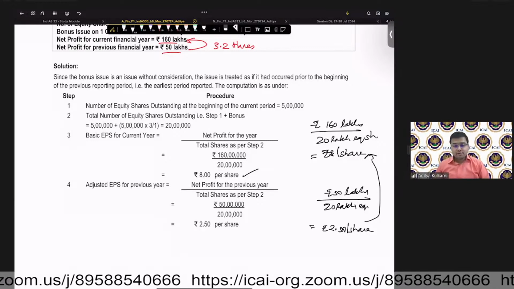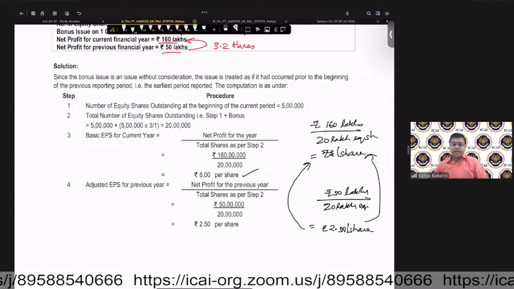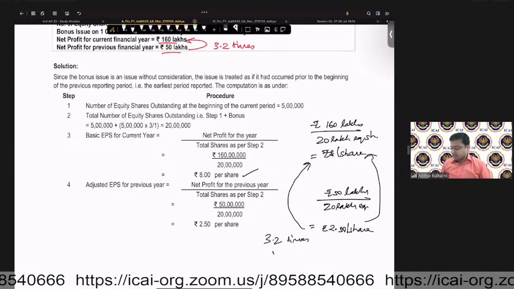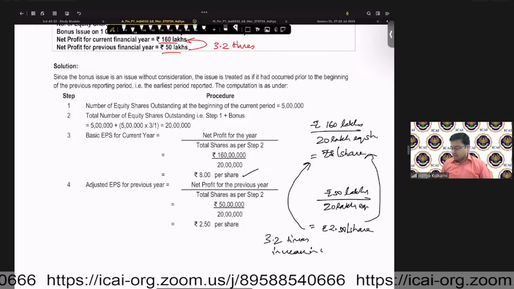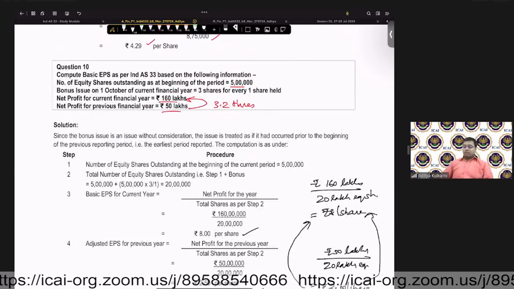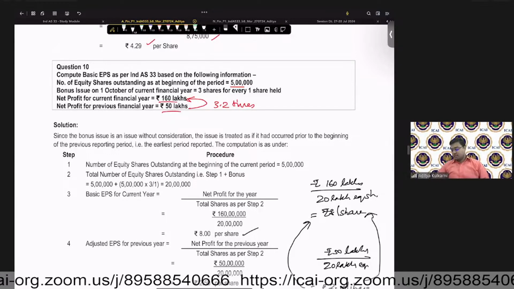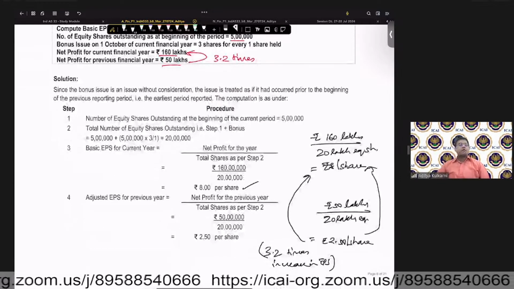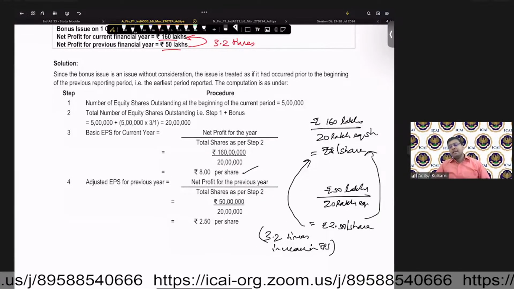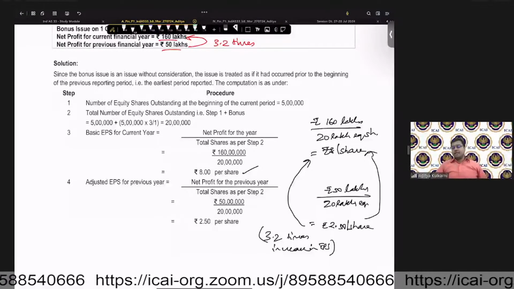Are we okay with this? Yes, are we okay? So 2.5 has become 8. So this again represents a 3.2 times increase in EPS, which is exactly the increase that you have noticed in the net profit for the financial year, current versus previous. Yes, are we okay? Any doubts on bonus? So I will not only restate current year's EPS by ensuring it is taken for the full year, but also of the comparable periods.